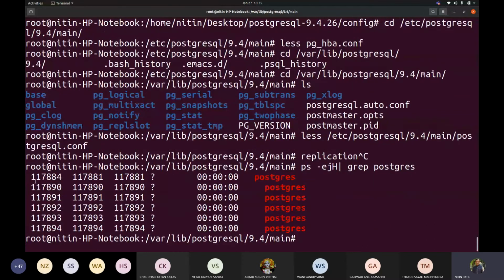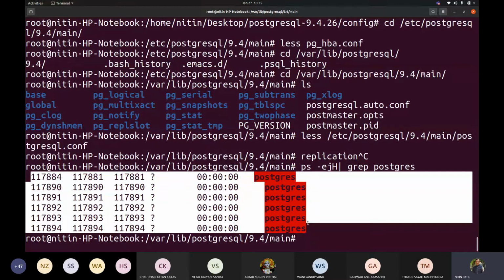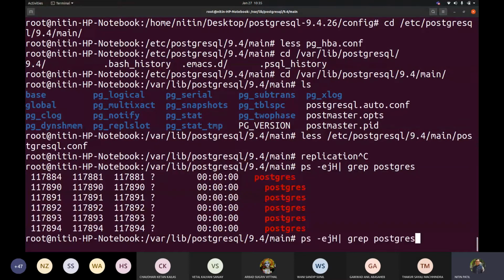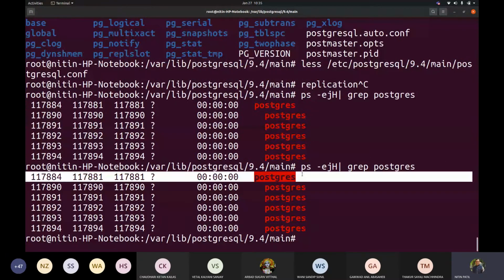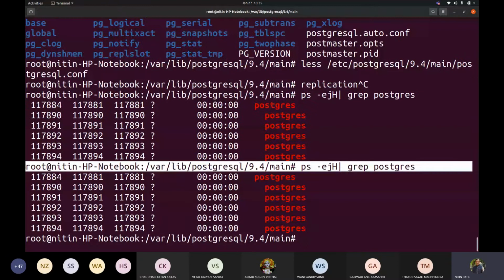Sometimes what happens is you will see a replica of this displayed again and again. If I remove this line, for example, then I'll be seeing that two instances are running. Then I'm not sure which instance I should start with. How is the server taking care of which cluster I am working with?